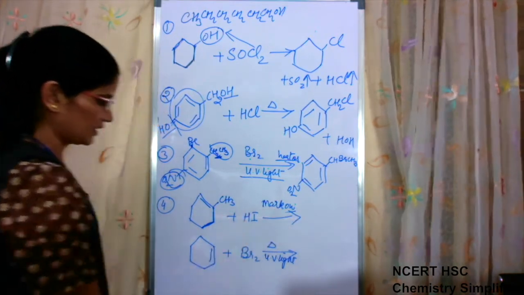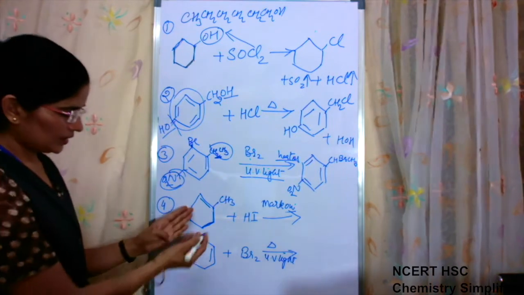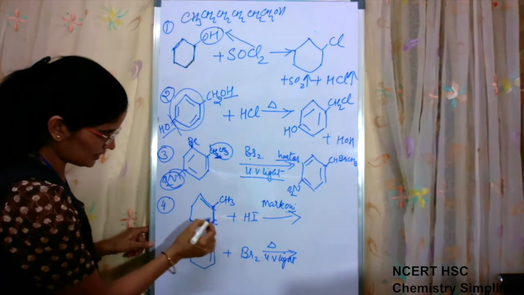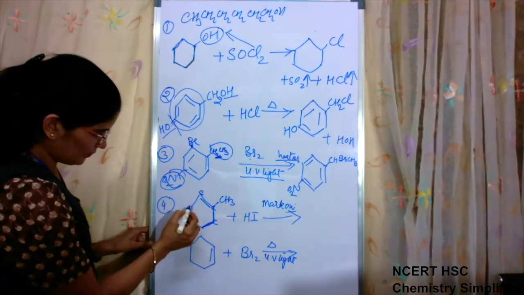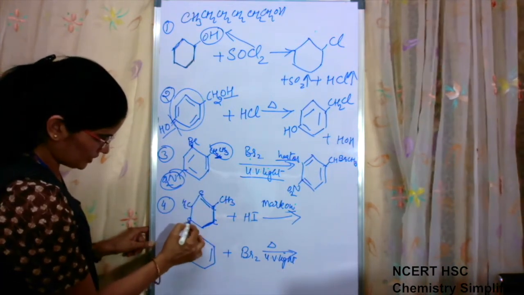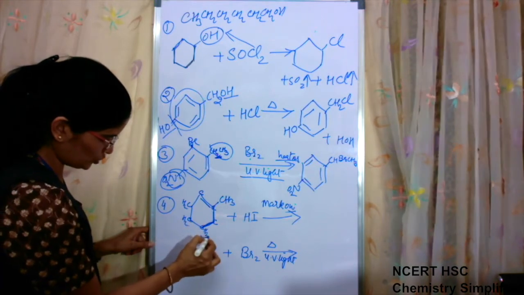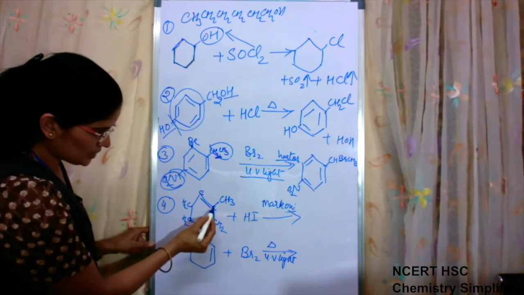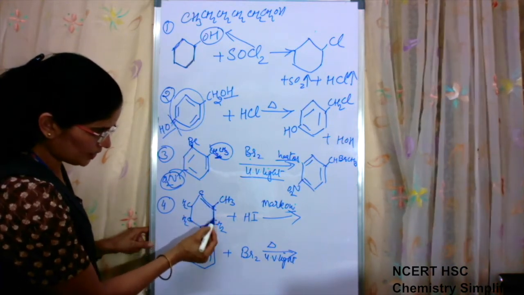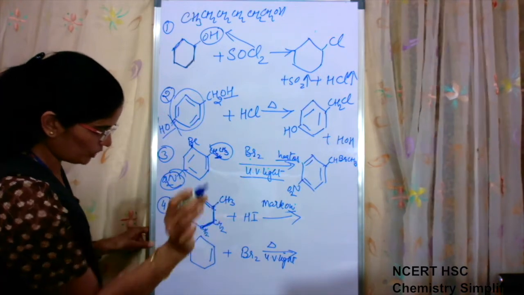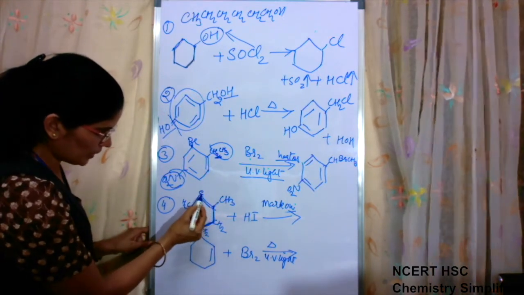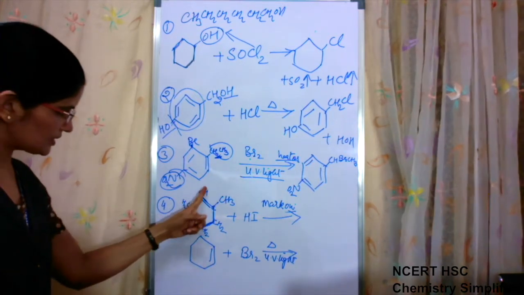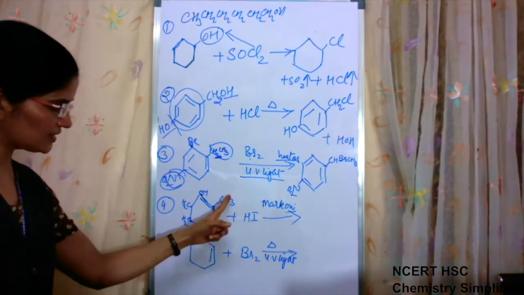So when addition reaction, addition of HI will take place according to Markovnikov's rule. Now, अगर ये ओपन चेन होती तो आपको आसानी से समझ आ जाता. This is C, ये भी C है. This is also C. This is CH2, CH2. This is CH2. This is also CH2. But this C is not CH2. See, this carbon has one bond this side, one bond this side, third bond here, fourth bond here. This carbon has one bond, two bond, three bonds, so one H is here. Okay, so this is CH, this is C alone with one CH3.